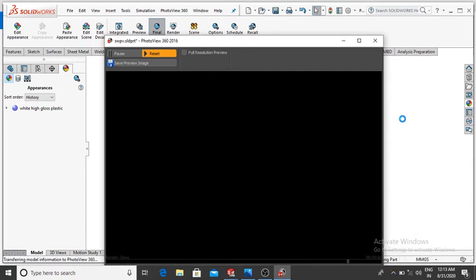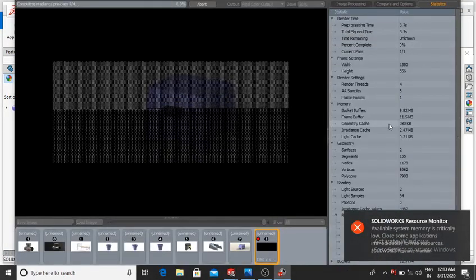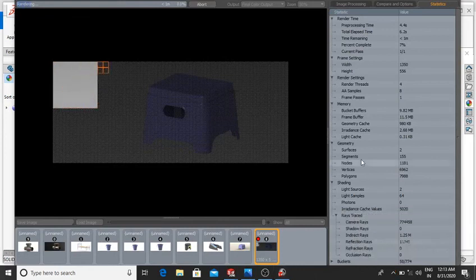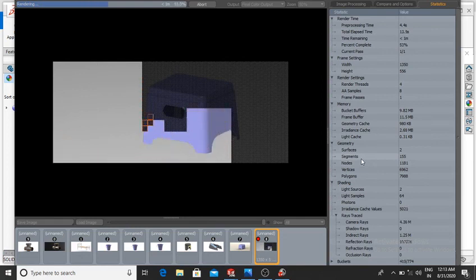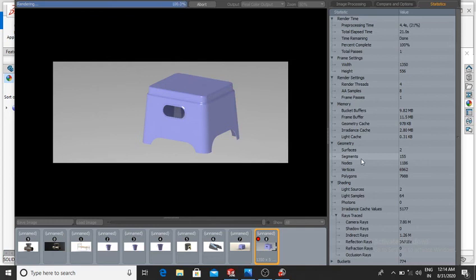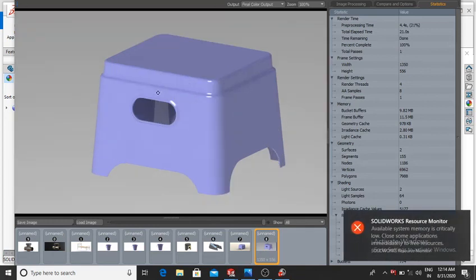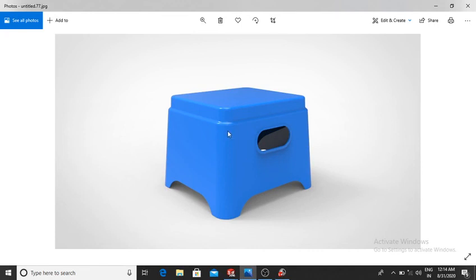So look, now look how we render this part in SolidWorks, and I also render in Keyshot 7. So look how we render.